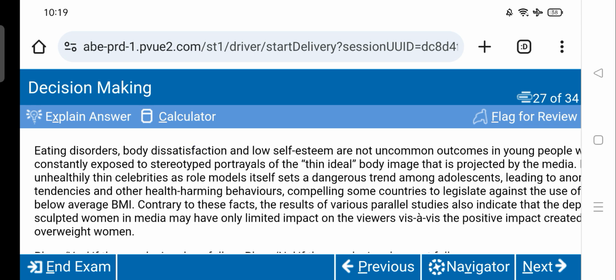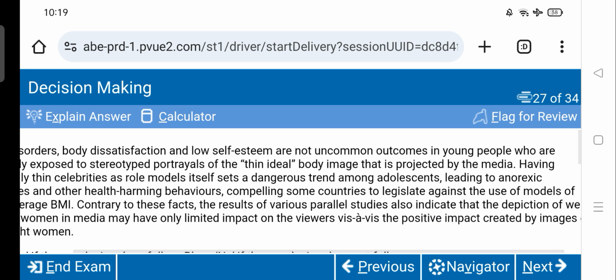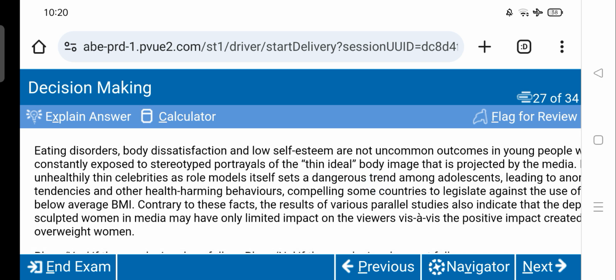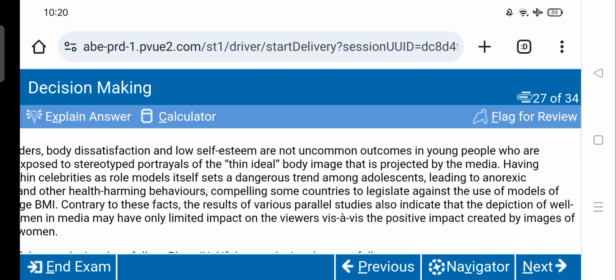Having unhealthy thin celebrities as role models itself sets a dangerous trend among adolescents, leading to anorexic tendencies and other health harming behaviors. Compelling some countries to legislate against the use of models